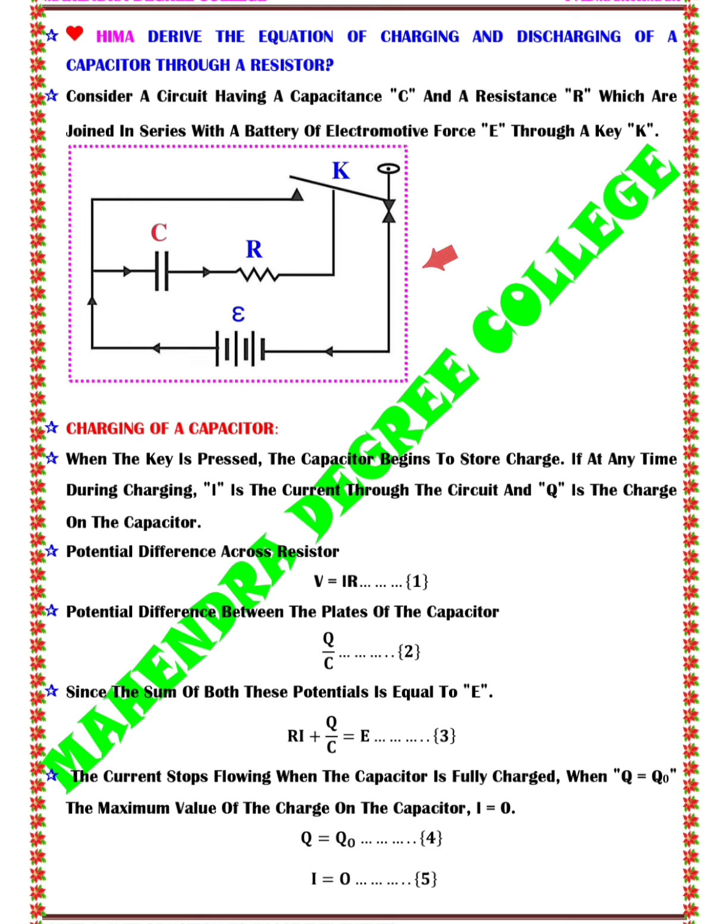The image shows a simple RC circuit which includes a resistor R, a capacitor C, a battery epsilon and a switch K,